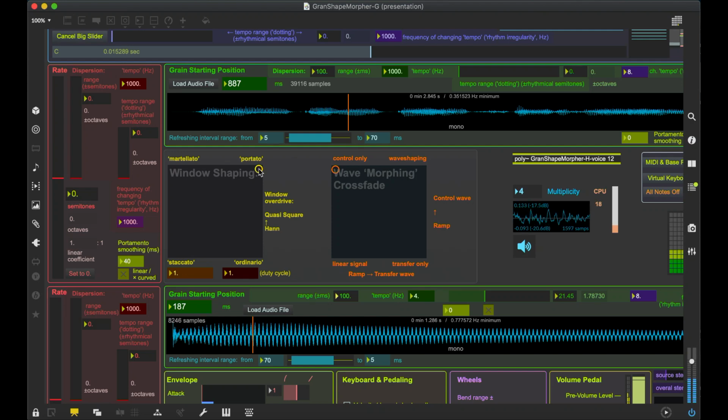We also have an interesting windowing option. In this position we have a Von Hann window. Here we have an almost rectangular window. And here we have similar shapes of window but more narrow. So in low frequencies it is more staccato.